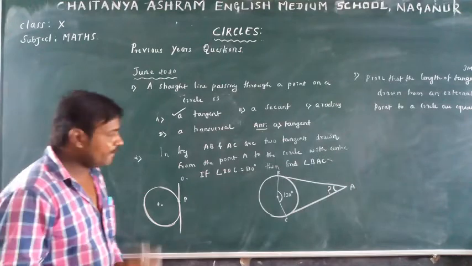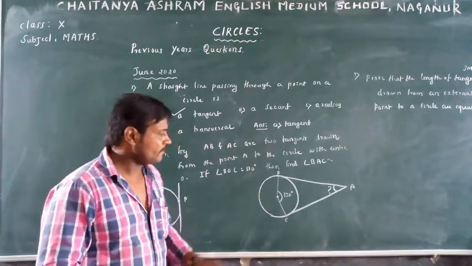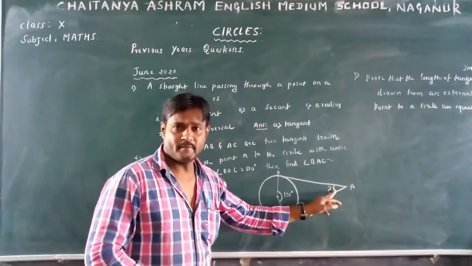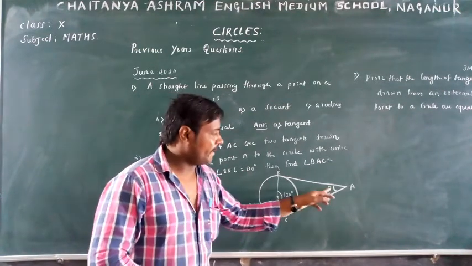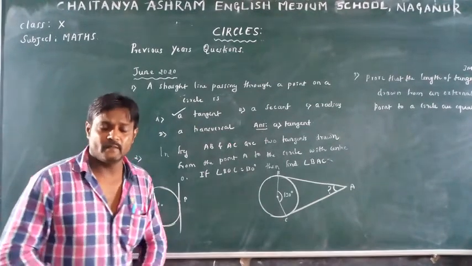Yes, recall that in the previous video I said this is the angle between radii. This is the angle between tangents. Okay. So the angle between radii and the angle between tangents are always supplementary.